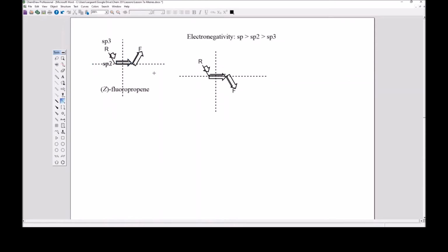So these are both relatively the same polarity. This one has a slight edge because along the vertical axis it does have some cooperation that this one is missing. So when I'm ranking these in terms of polarity, let's clean these compounds up now. And we'll go back to the original compounds that I was talking about. When I'm ranking them in terms of polarity, my Z-fluoropropene is going to be slightly less polar than my E-fluoropropene,